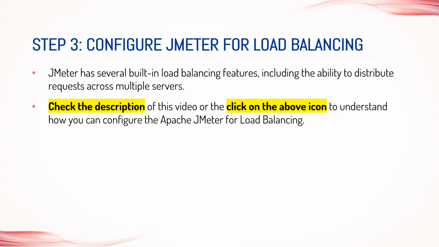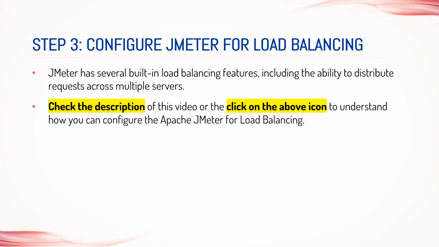Step 3. Configure JMeter. Once the test scenarios are defined, you need to configure JMeter to run the tests. This involves setting up the appropriate thread group, which defines the number of virtual users that will be simulated during the test. You also need to configure the load balancing settings in JMeter to mimic the load balancing algorithm used